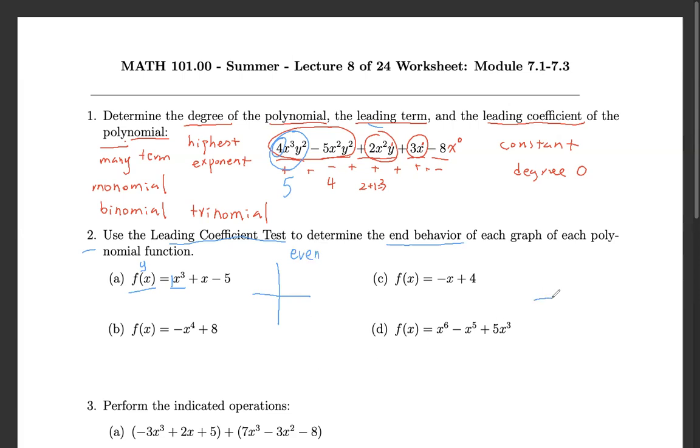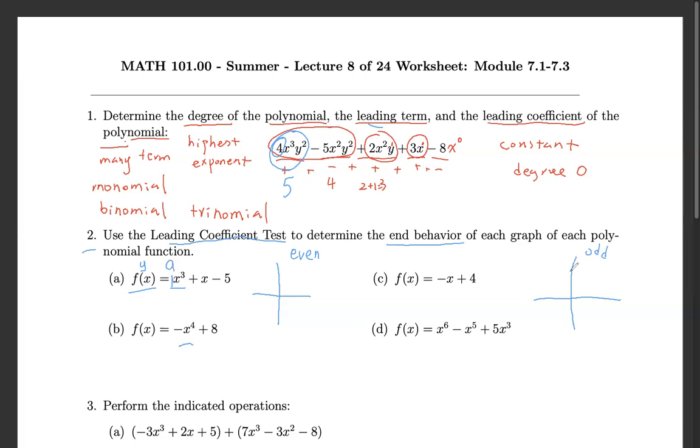Or odd, allow me to draw here. Odd degree. So we have seen this is odd because the degree is 3. But this one, the degree is even: x raised to the 4, so 4 is the degree. It's even. So if it's an odd polynomial, if the leading coefficient is positive, let's call the leading coefficient a number